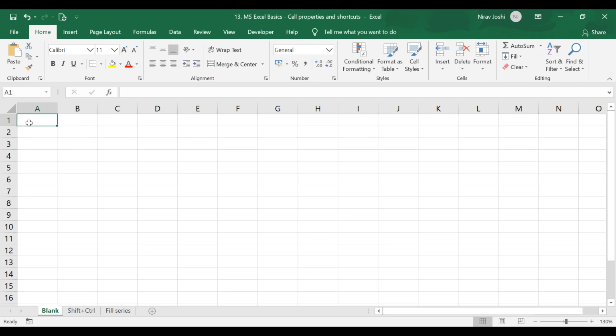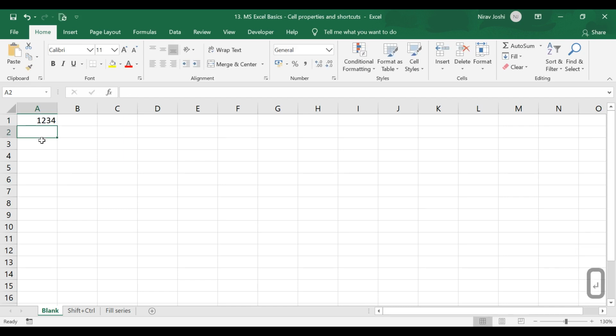Regarding cell properties, a cell can mainly have four types of data. These are numbers, like 1, 2, 3, 4.